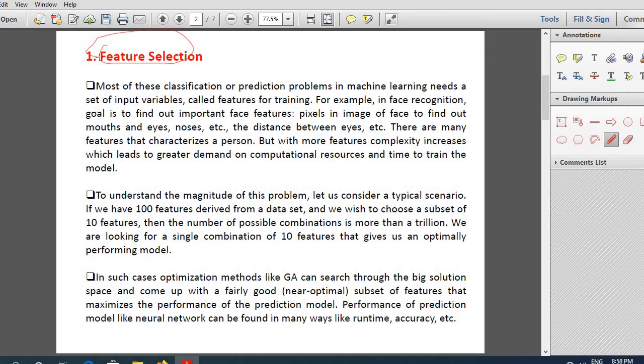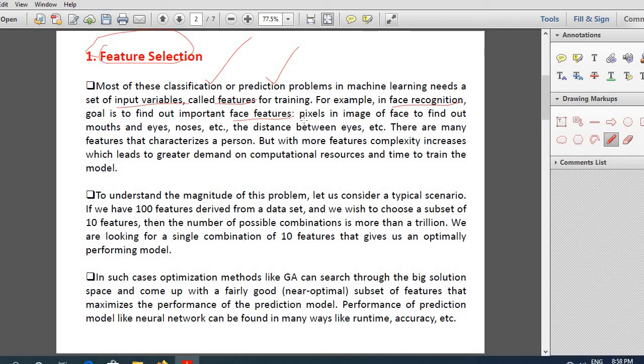So you have seen that in machine learning you have classification problems as well as prediction or regression problems. In any problem in machine learning there is a set of input variables and these are actually called features. For example, in face recognition, the main goal is to find important face features so that you can train the neural network.